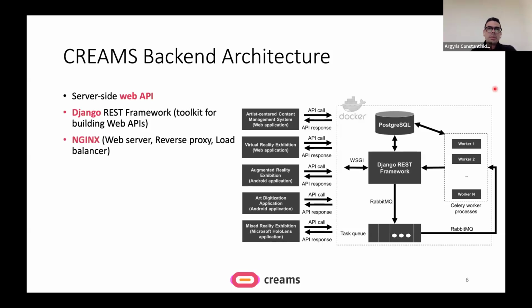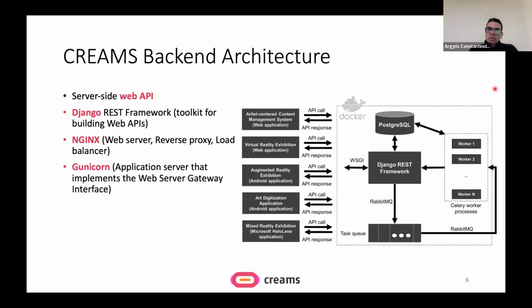Also, for deployment purposes, in front of the entire server, we add an additional layer of security and handling of the incoming and outgoing requests, for which we use Nginx, which for our purpose acts as a web server and can also act as a load balancer or as a reverse proxy.